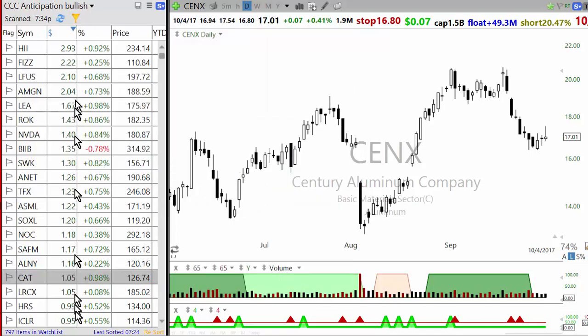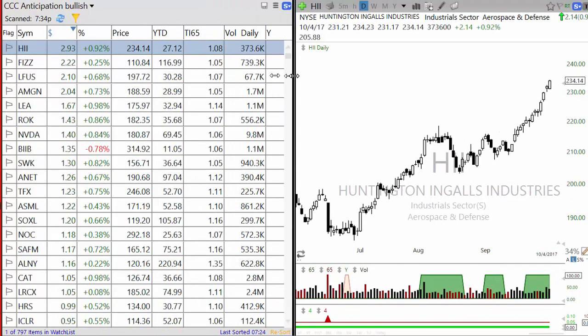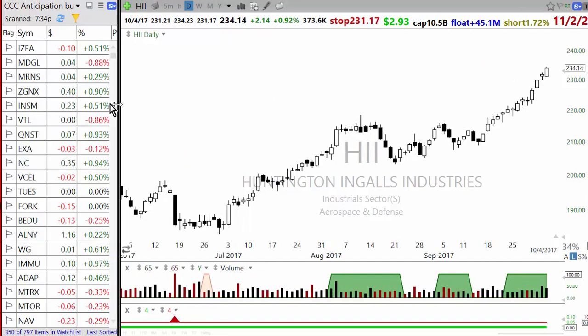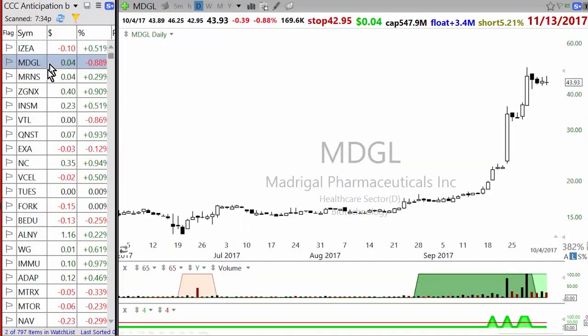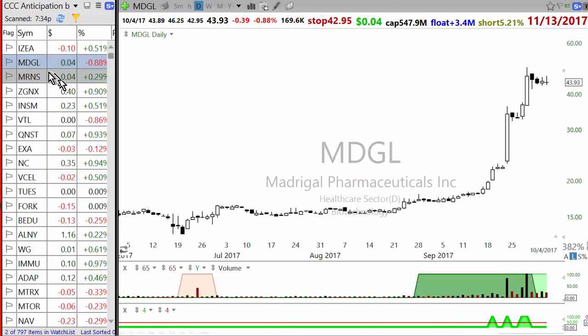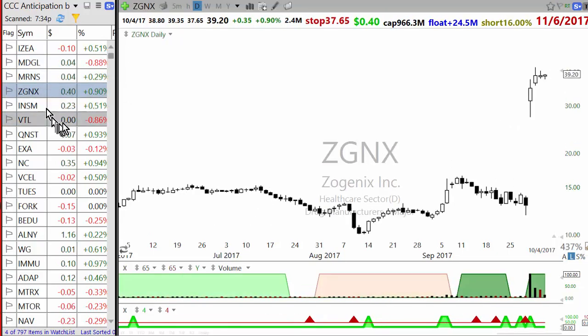So once you run the scan, you're getting 797 stocks. So what I do is I sort that by TI65, because you want to first find the strongest stocks and then keep going down the line. The stocks which show up right at the top by trend intensity are the strongest stocks in the market, and those are the ones which are moving at the fastest speed in the market, and your priority is to find setups on them first, and then if you don't find any,